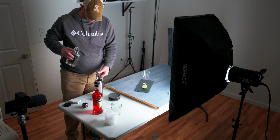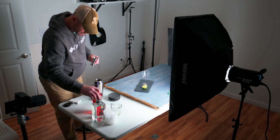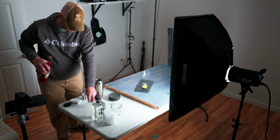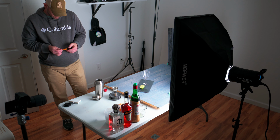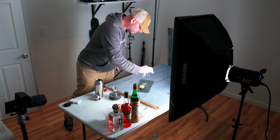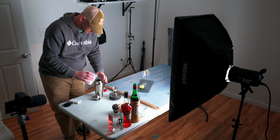So next thing I'm going to do is make the drink, and I'll put the recipe down below if you guys want to give it a shot. Again, it's a wonderful cocktail. I really enjoyed it. So last thing I'm going to do before I mix the drink is get my garnish set. It is a kind of rolled up piece of grapefruit skin